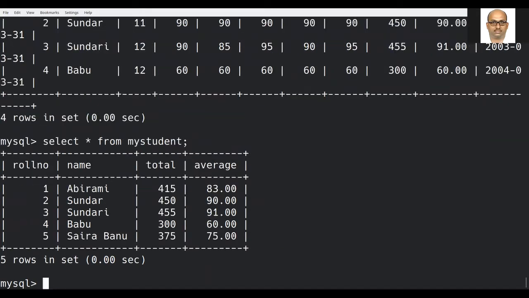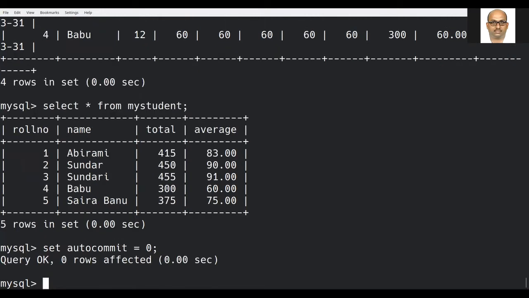It consists of 5 rows, right? My first command, set autocommit equal to 0. I am making autocommit, that is automatic saving, as off, right?